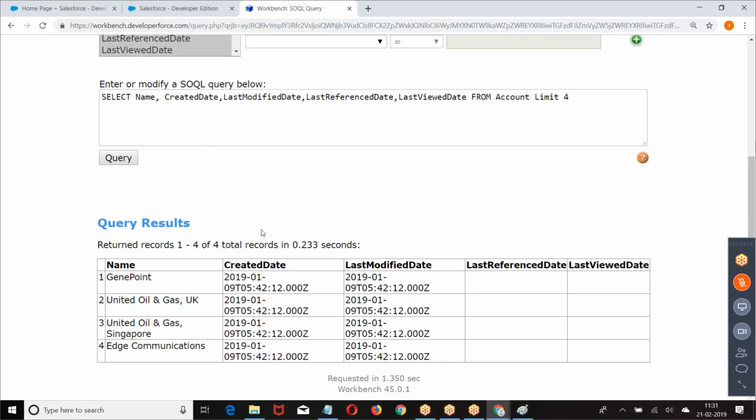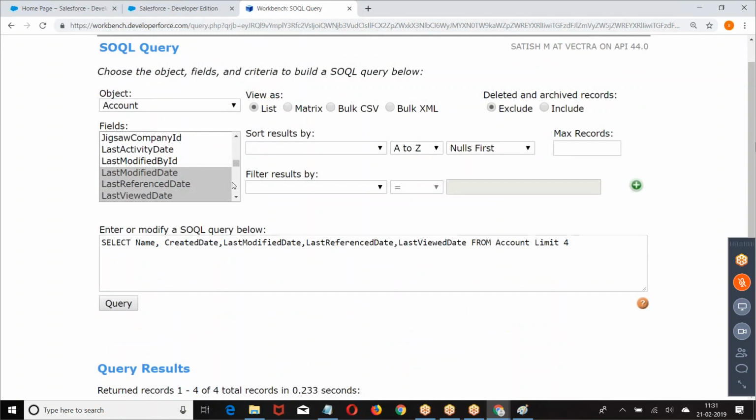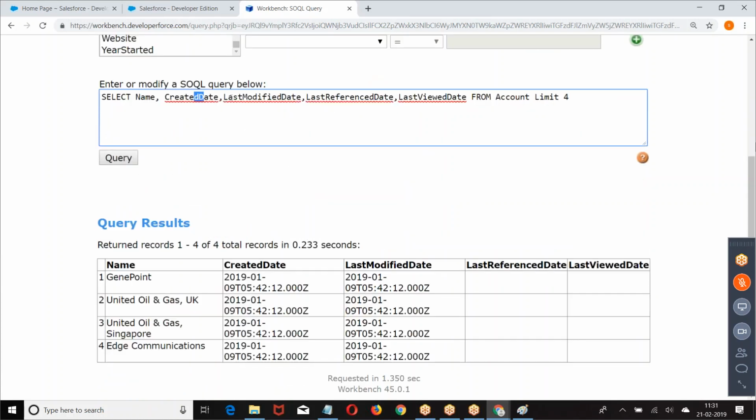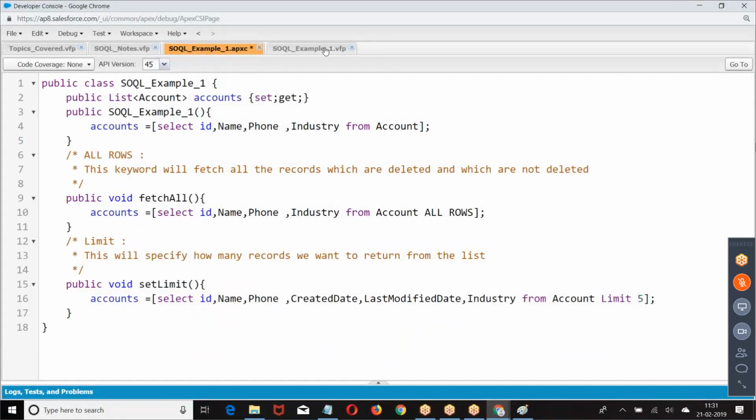So I cannot guarantee that you'll get the first 4 records, or that you get the last 4 records. If you have a specific requirement to get only the first records, that is a different concept. As per the usage, the records are returned. It is not the first 5 records. Now, name, created date, last modified date. Okay. The same query I am executing from here.